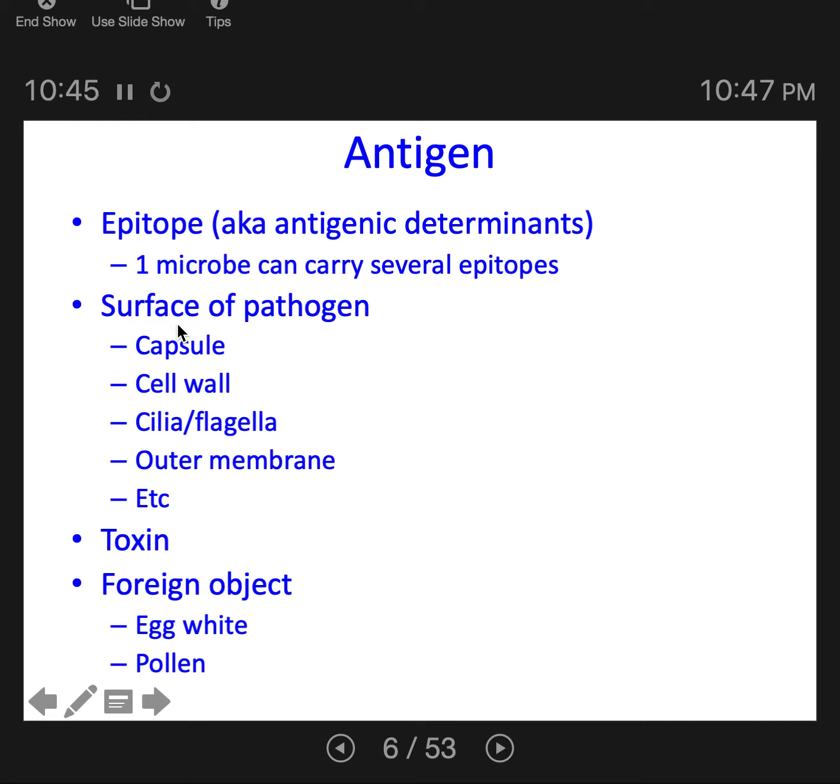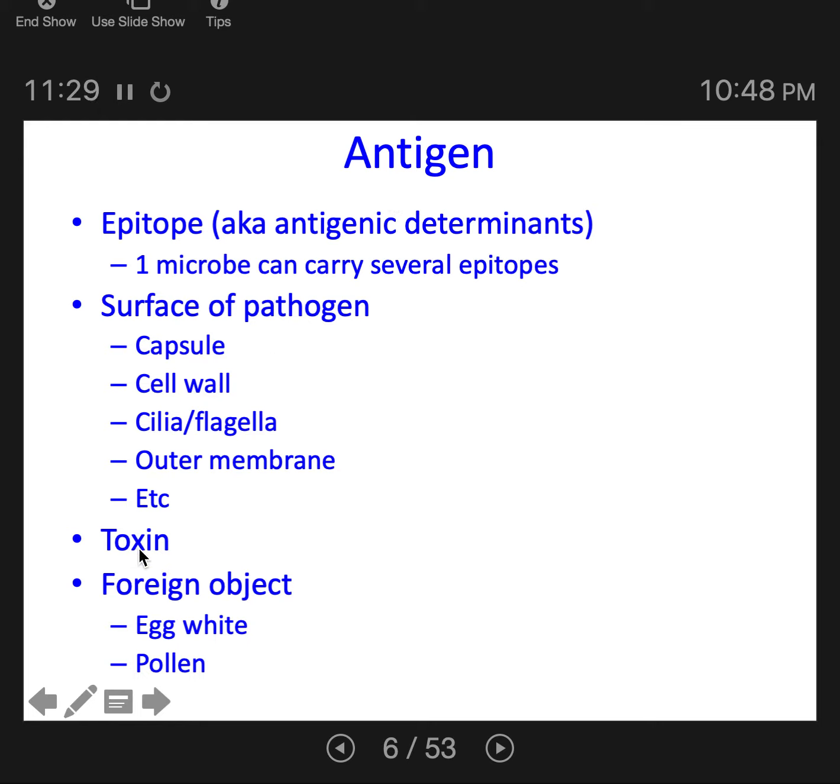So some places where you might find an antigen on a particular microbe would be embedded in the capsule, embedded in the cell wall, embedded in the cilia or flagella, the outer membrane. And then also protein. Usually antigens are unique proteins, so they're proteins that are embedded in those features. So it would be different from one species of bacteria to another. It's not the peptidoglycan of the cell wall, because many bacteria have that, but it might be some protein that's embedded in the peptidoglycan cell wall that is unique to one species of bacteria. So that's another thing, is antigens are unique. They're different across species of bacteria.